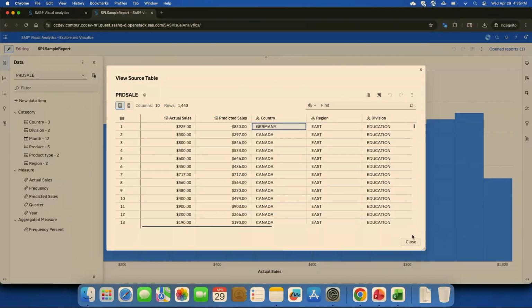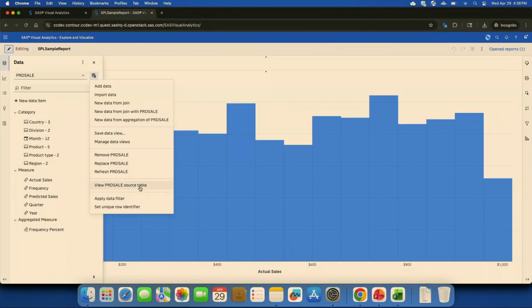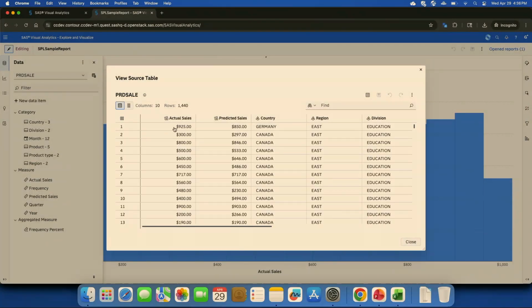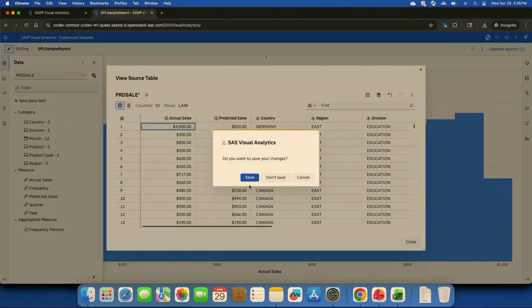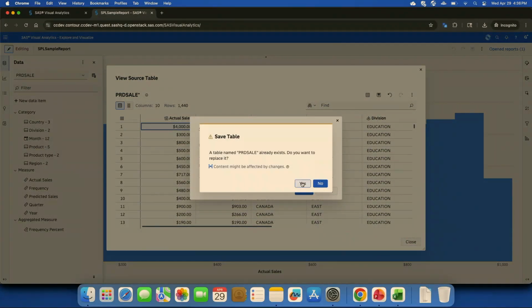Now, one of the cool things is, if I close that, the data here hasn't really changed because I'm just showing actual sales. But if I go in and edit it once again, and I change some of the actual sales to, say, 4,000, then hit close. So I'm going to save the report, save it back to where it was.